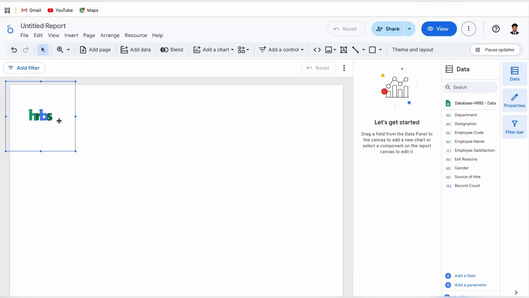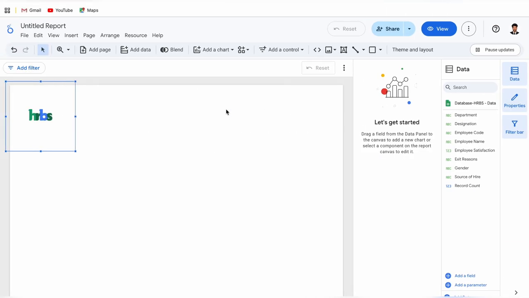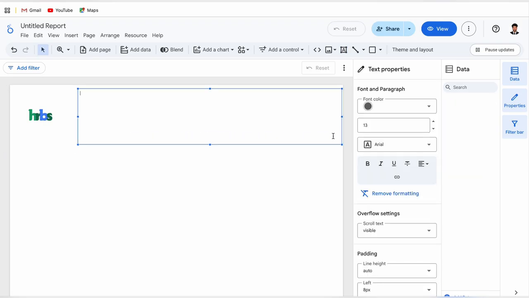Okay, now it's time for us to include the text option or text box. It's an employee database, right? So we will have to name it as employee database. It's also very easy. Go to the text box near the image option, click on it, draw a text box according to preference, and just start writing. I'm writing employee database